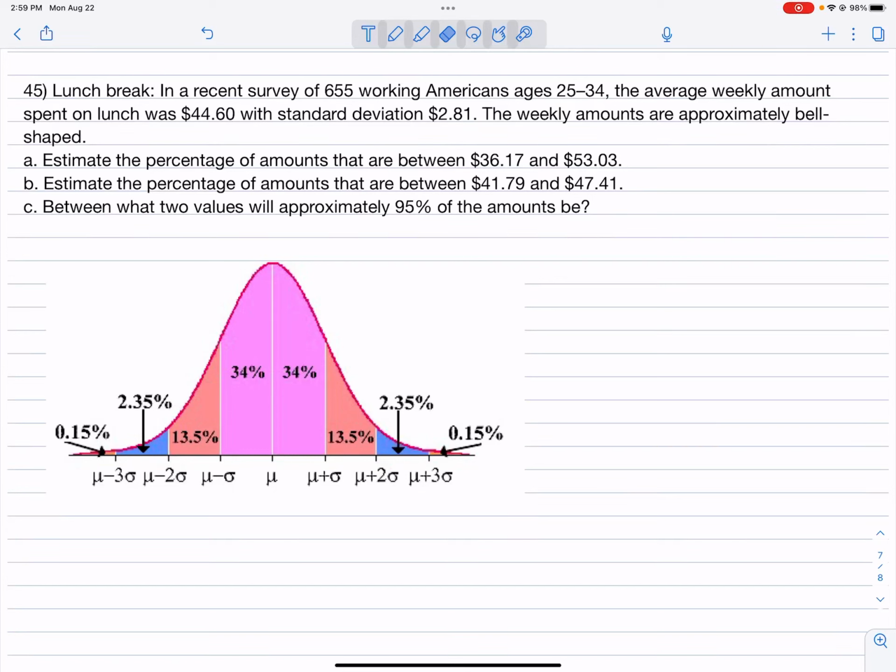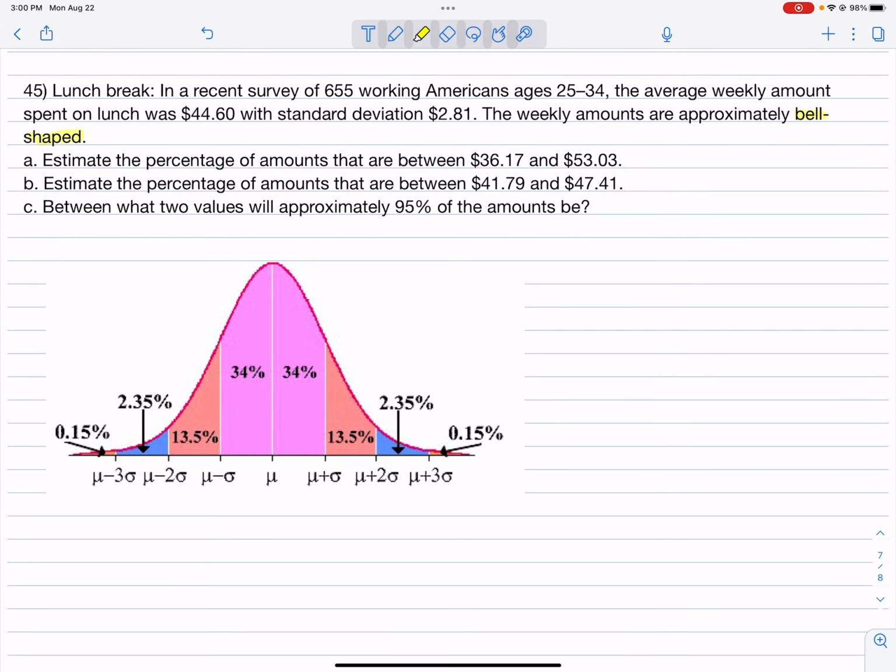Problem 45, lunch break. In a recent year of 655 working Americans ages 25 to 34, the average weekly amount spent on lunch was $44.60, with standard deviation $2.81. The weekly amounts are approximately bell-shaped. The keyword is bell-shaped. So when the problem mentions a bell shape, we know that we can